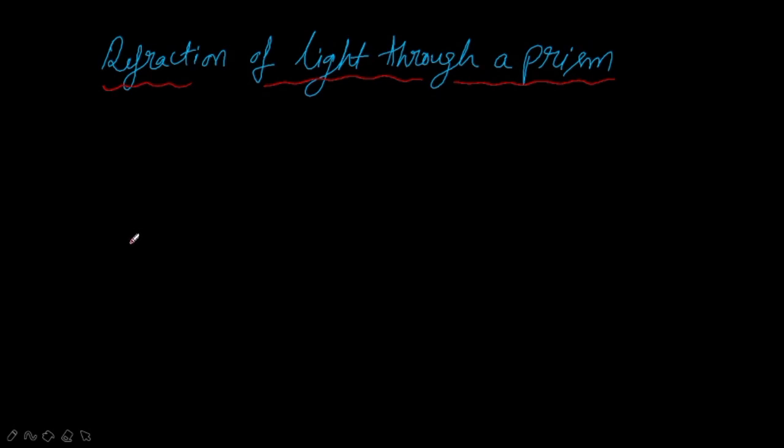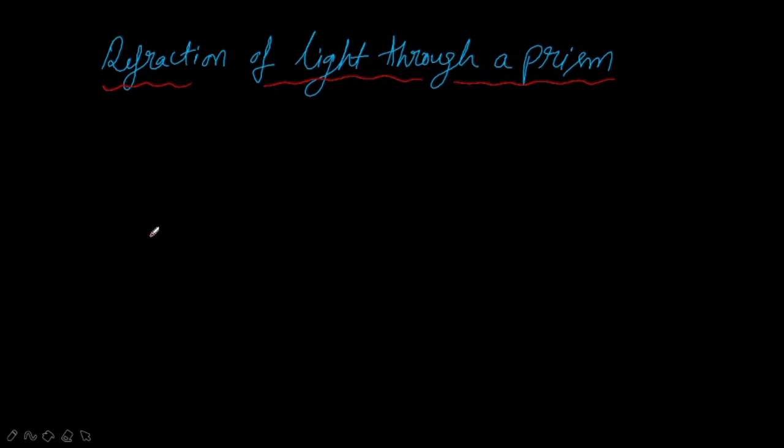So what have we observed after refraction? We have observed the slight displacement of the emergent ray, which is moving parallel to the incident ray, so it shows the lateral change in the position, right? Now we are going to show one more activity, that is refraction of light through a prism.